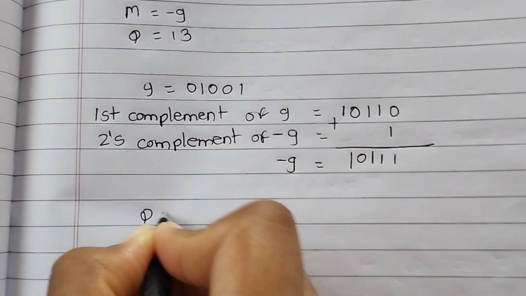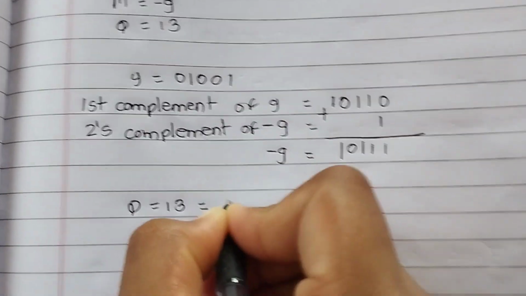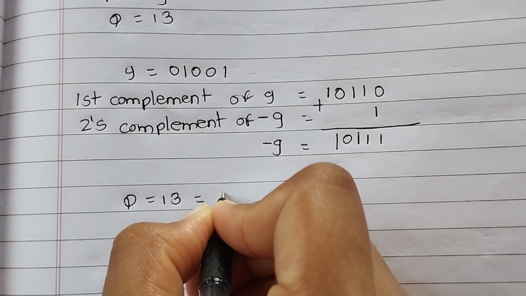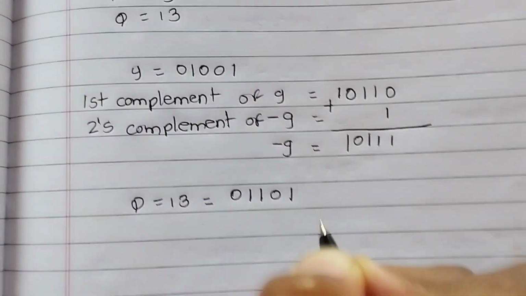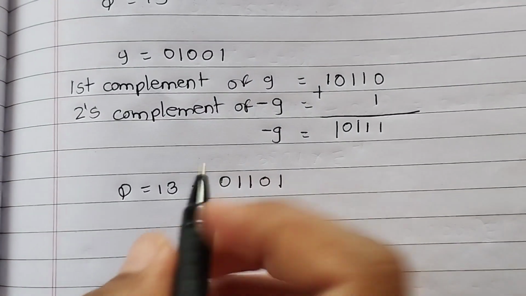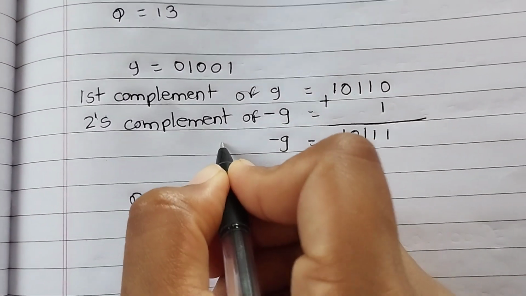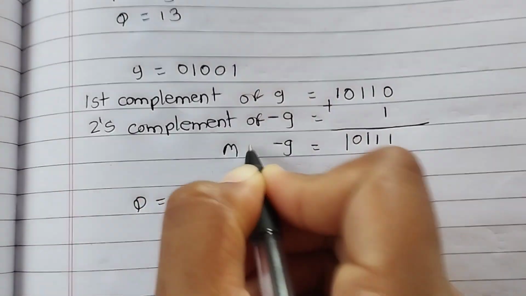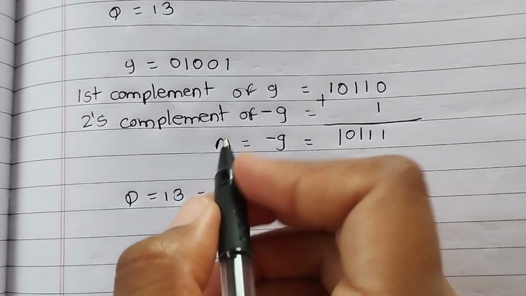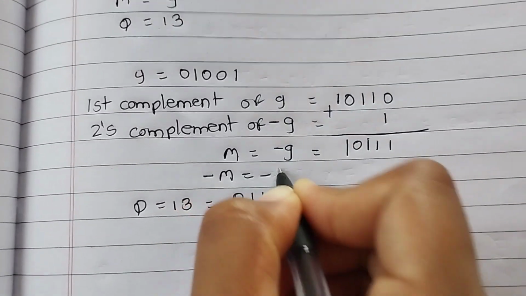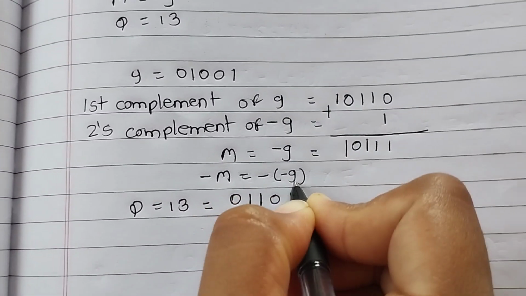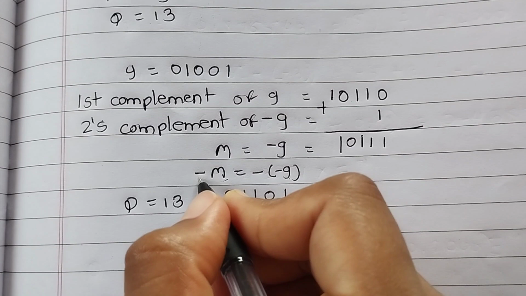And Q is equal to 13. 13 in binary form we write 0 1 1 0 1. So this is our M, and if we want minus M, then we take minus of minus 9, because minus 9 is M